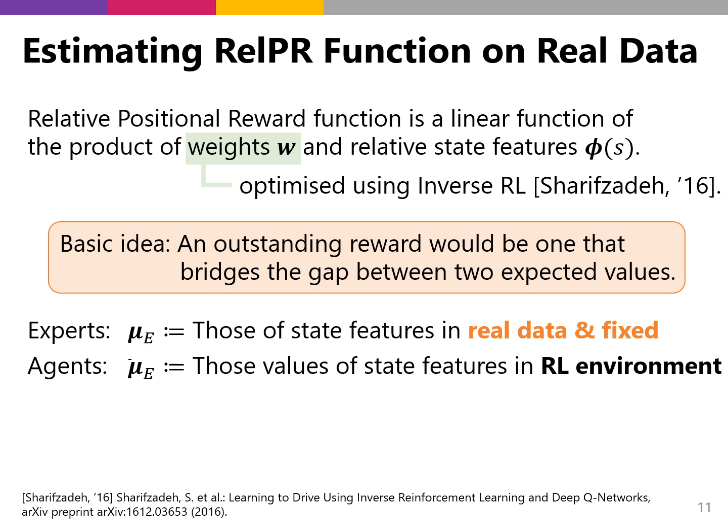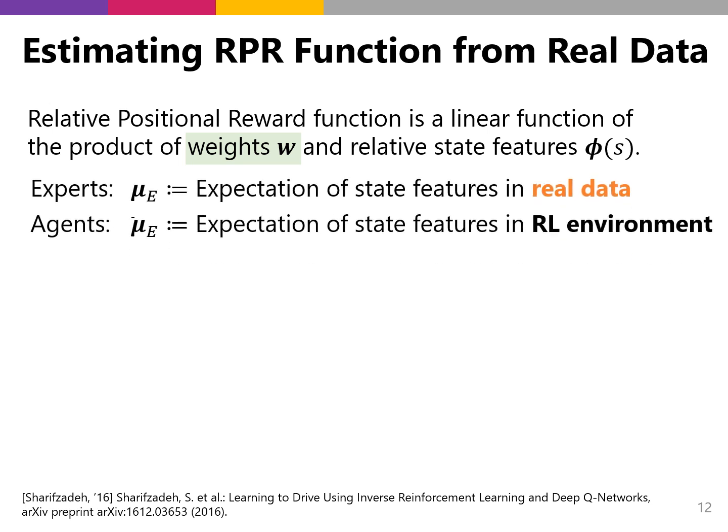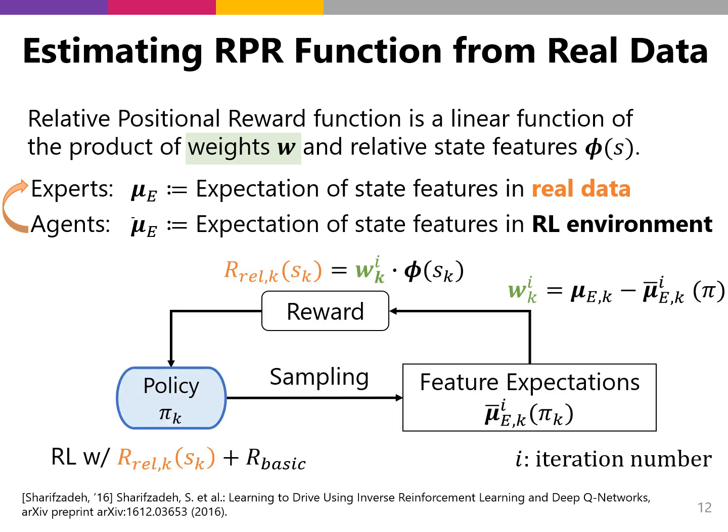Expected values about agents are computed from the sequences that agents act. Expected values about experts are preprocessed from the sequences that their players act. The reward function is optimized so that the expected value of the agent state approaches that of the expert. Specifically, reinforcement learning is trained to maximize the calculated reward, and then the expected value of the agent state is computed from movements in the simulated environment. The weight of the reward function is updated by the difference between the two expected values, and this process is repeated until